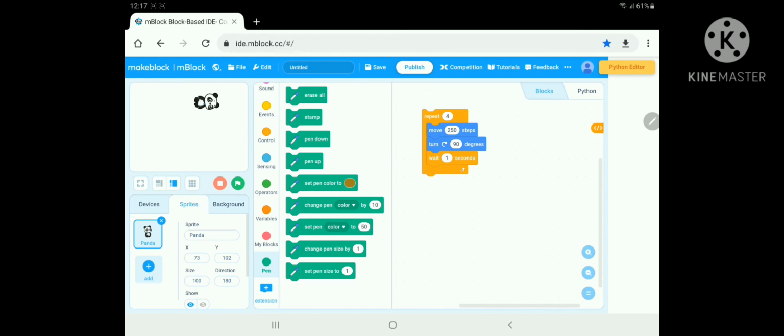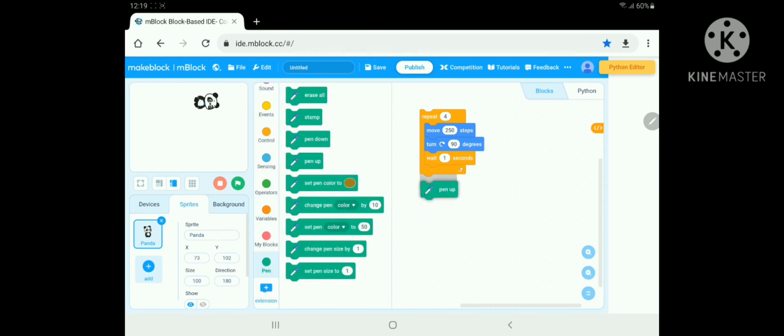When we are adding a wait block, it is moving. Okay, so it is moving as we want. You have to take the wait block and put it inside the repeat block. Then you need to take some pen extension blocks.